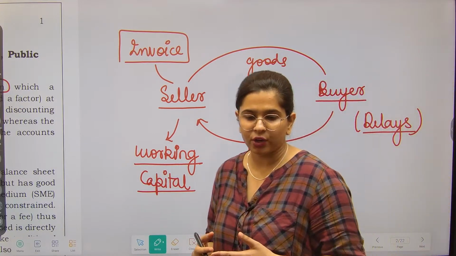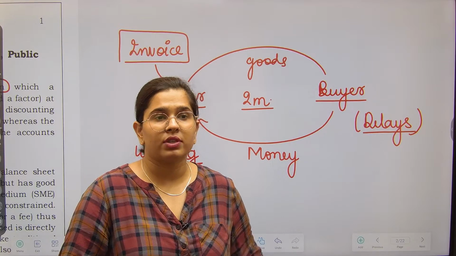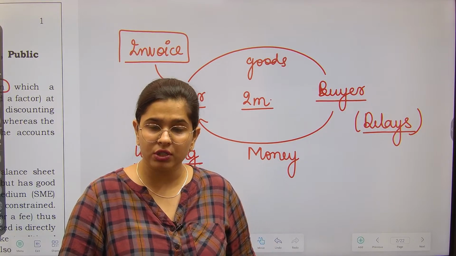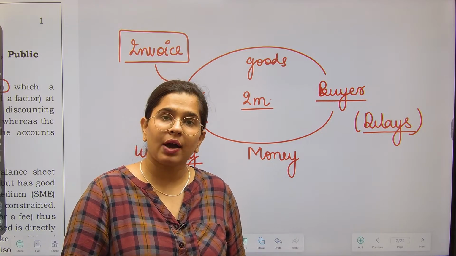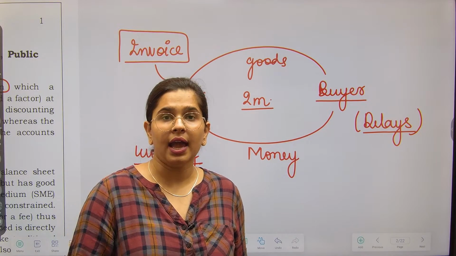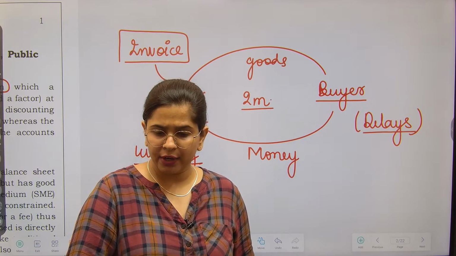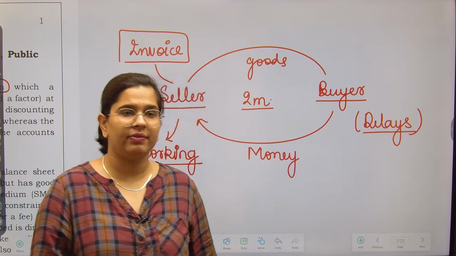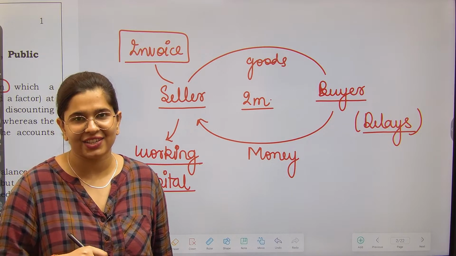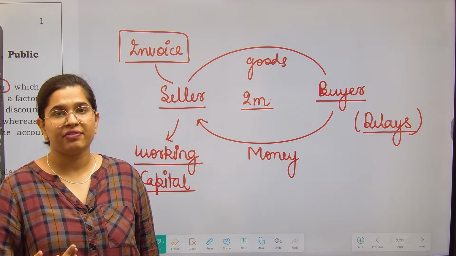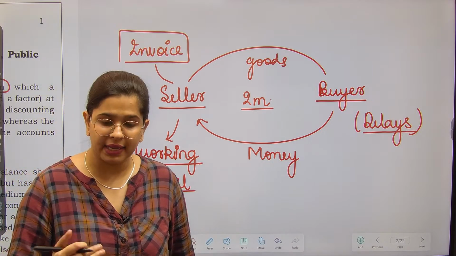We have read this kind of concept time and again. If you remember TReDS, that was the platform developed for the MSMEs. What was the concept over there? The concept was the discounting of invoices. Why discounting of invoices? In order to get the amount, ताकि आपको पैसा मिल जाए. Any small seller or any kind of seller is really short on working capital. Working capital नहीं होती इतनी, so they need their money. That is why everyone prefers cash sales. हर कोई cash sale prefer करता है, because in case of credit sales, you are not aware by what time you will be getting your money.